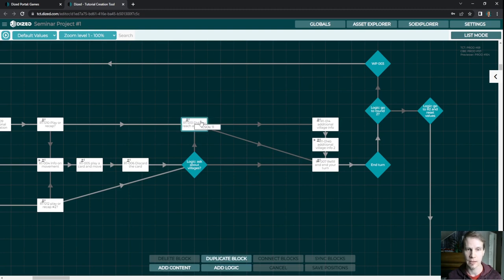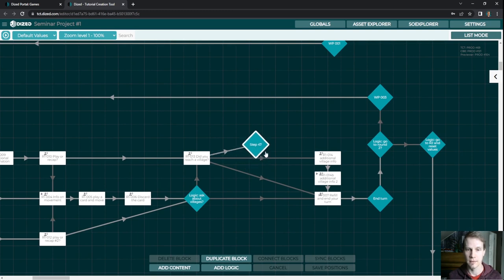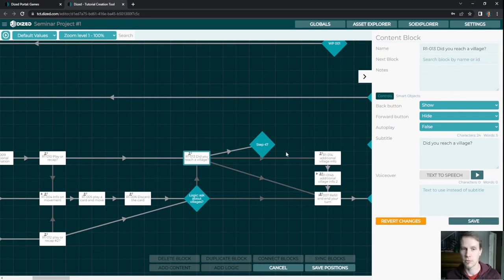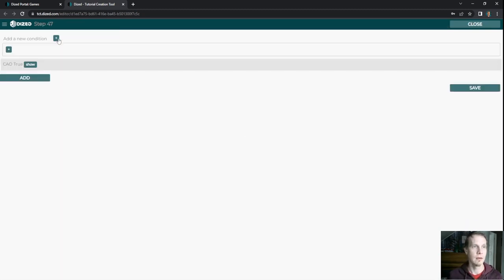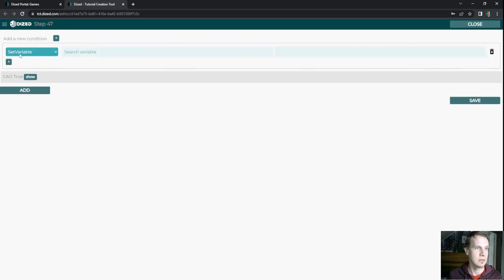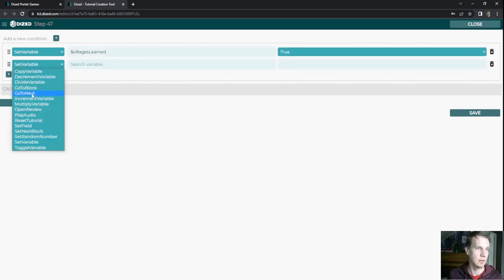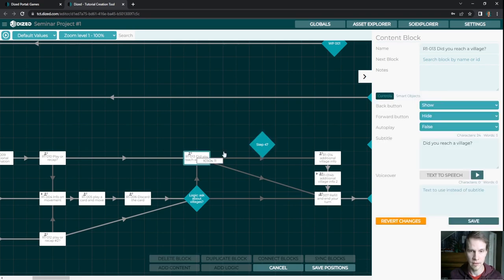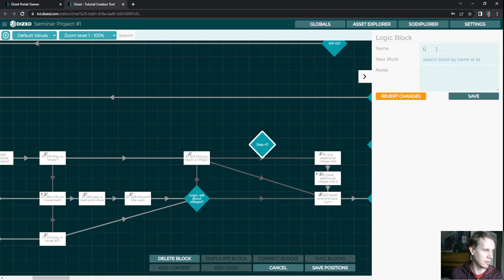So after somebody clicks yes, we reach a village, we want to add that there. We don't want it to be a default next step, so we're going to remove that, and we're going to have this just do one thing: set variable villages learned as true, and go to next. So now when the flow comes through here, it will set the villages learned as true, and we're going to name this logic villages learned